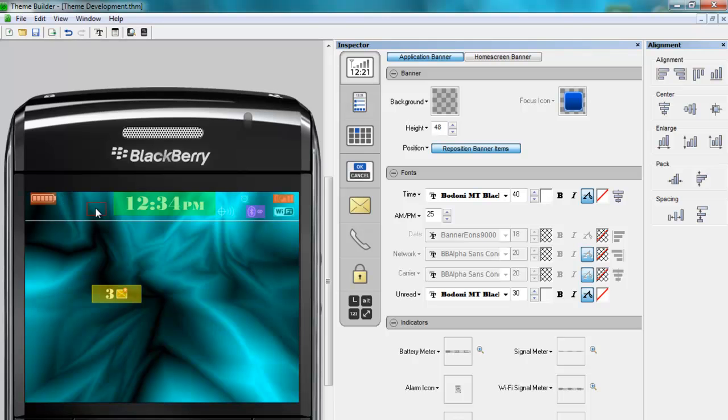But as your experience increases, you'll very well know what will and will not work size-wise on this. So I'm going to reposition everything to about right here, and we'll call that okay. Now what I like to